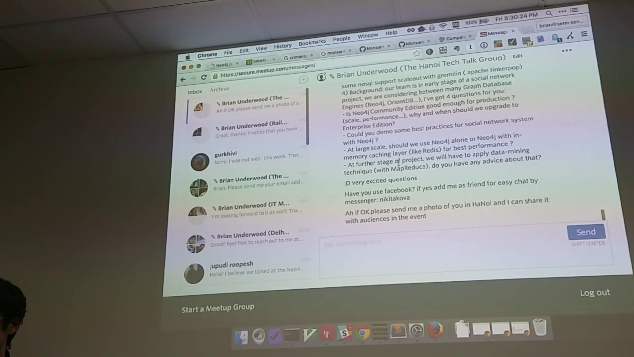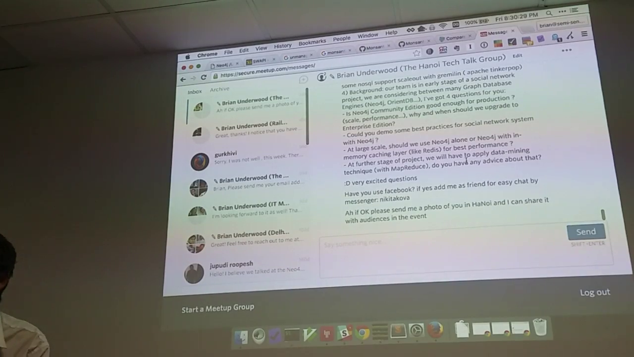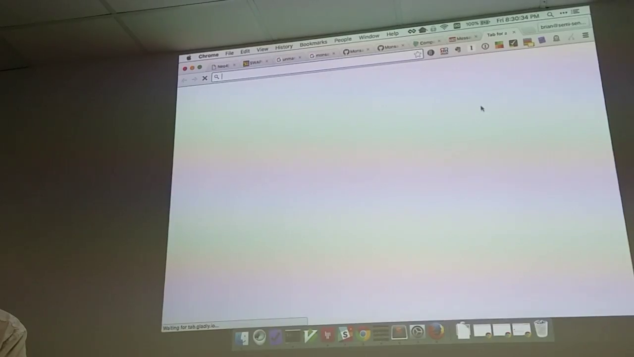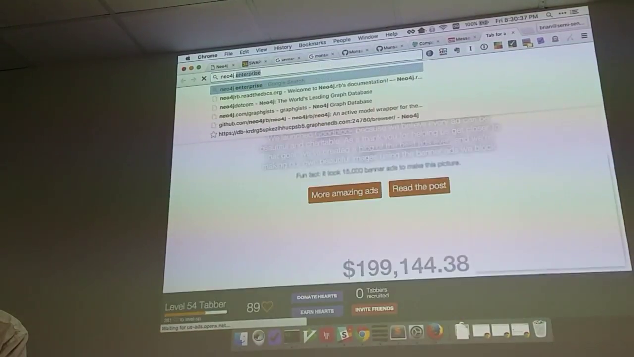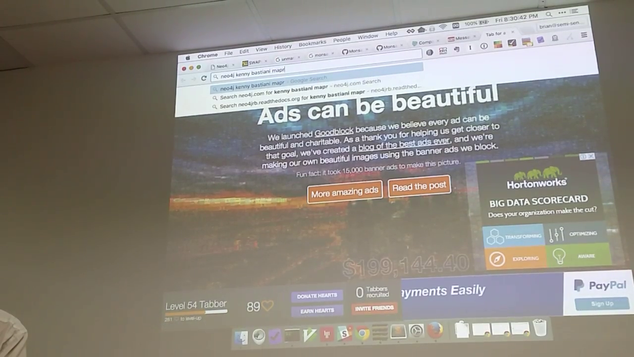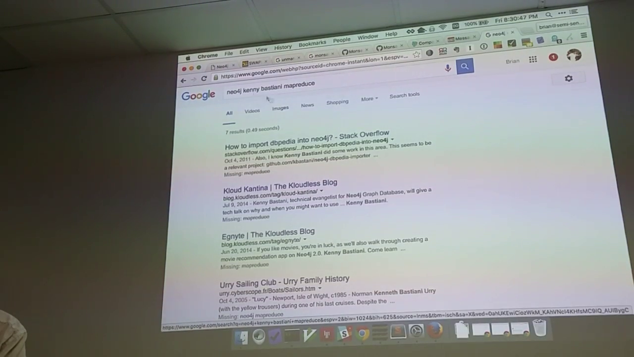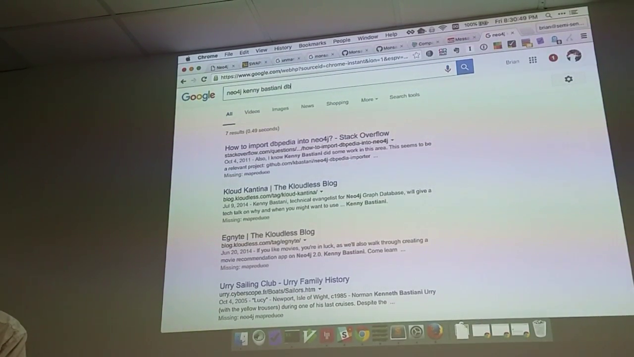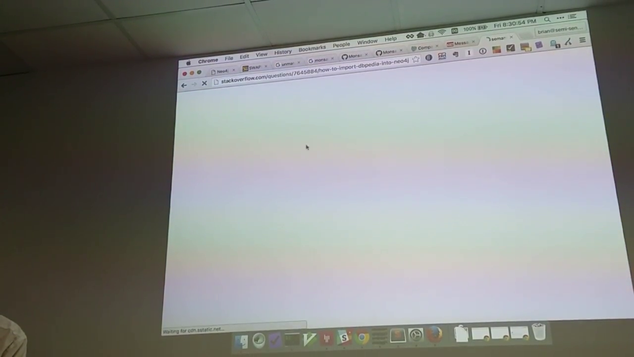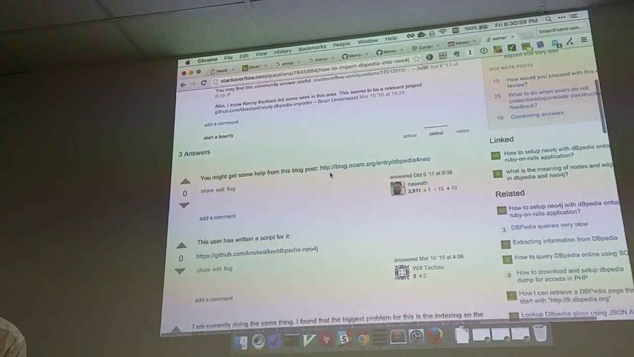At a further stage of my project, we will have to apply data mining techniques that produce. Do you have any advice for that? I actually kind of do. What is it? Neo4j. Produce. So you guys see any DBpedia? So this guy who used to be a developer advocate for Neo4j has a